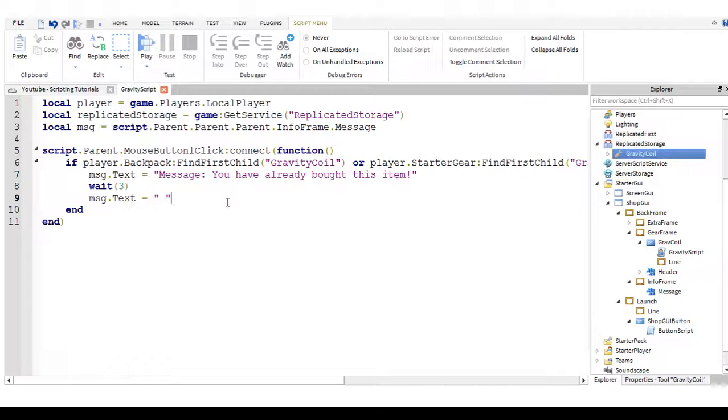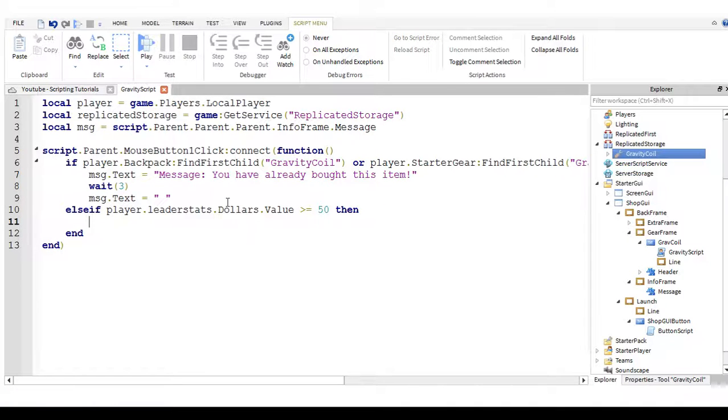So let's say that they don't have the gravity coil. Like when I first spawn in and I don't have it in starter pack, I don't have a gravity coil. We're going to represent that by else, okay? But not just else. Now we need to check if they have enough money to buy it. So we're going to add an if to it. So else, if they don't have a gravity coil, and if player.leaderstats, remember from the leaderboard script, player.leaderstats.Dollars.Value is greater than or equal to 50, because the minimum they need to buy it is 50. Then